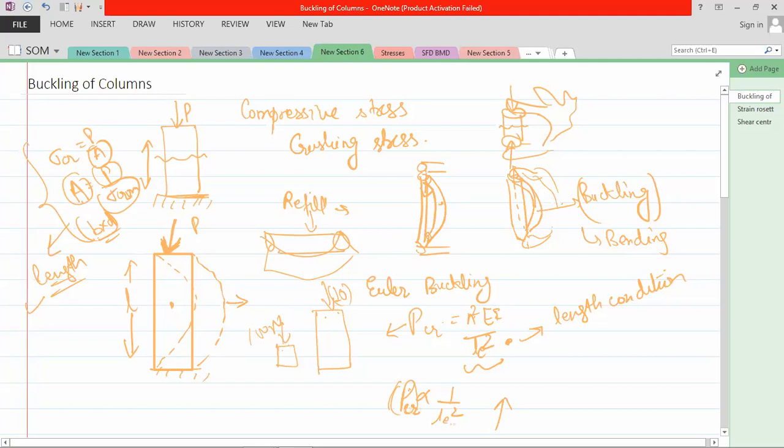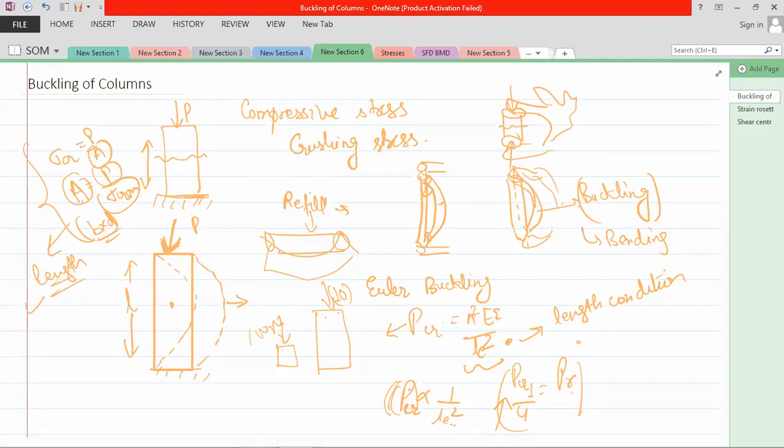So it is inversely proportional to length square. That means if you increase the length by 2 times, the critical force will reduce by four times. Suppose your earlier critical value is P critical 1, that will be decreased by 4 times. Earlier, suppose the length is 1 meter and I increase it to 2 meter, and earlier you were applying 10 Newton force. Now if you apply even 10 divided by 4, that is 2.5 Newton, it will buckle. So that is the concept of Euler buckling.